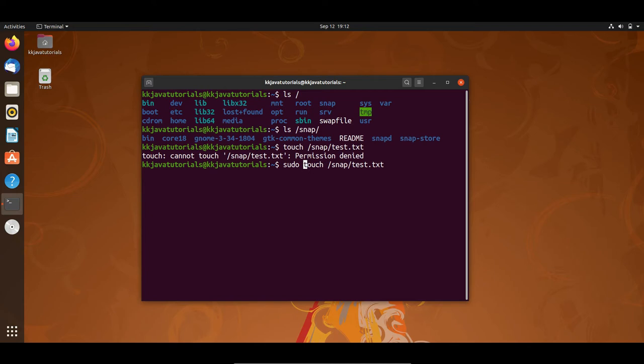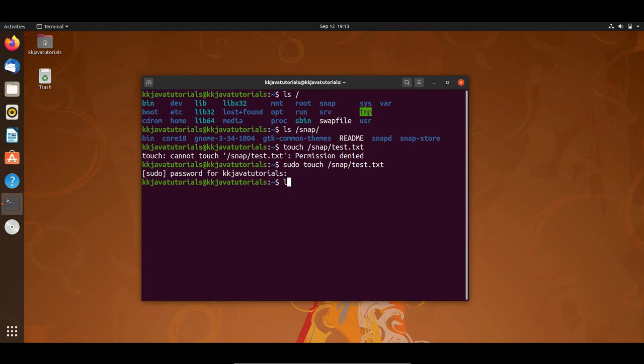After prefixing this, if I press enter, it asks me for the password, and this is the same password you specified while logging into the application. It's not another password. So I supply the password, press enter, and the command is executed successfully.